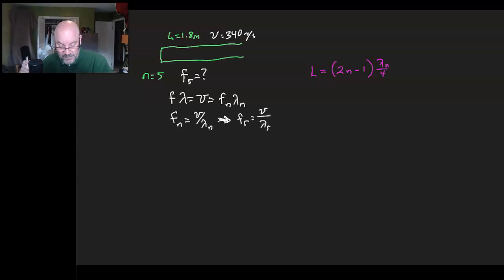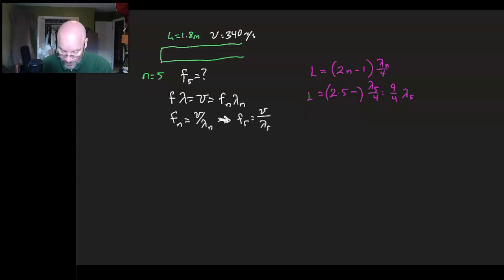All right, so that n goes with the n on the inside, because that's what we're going to be doing here. All right, so n is 5. So we're going to have (2 times 5 minus 1) lambda 5 over 4. And that turns out to be